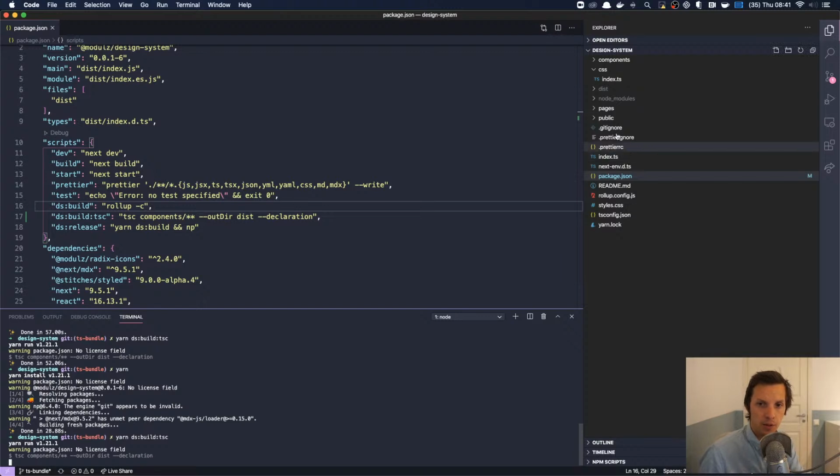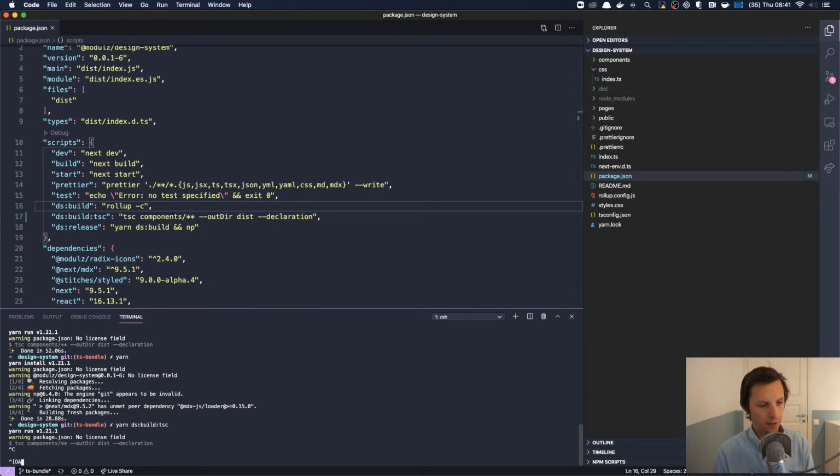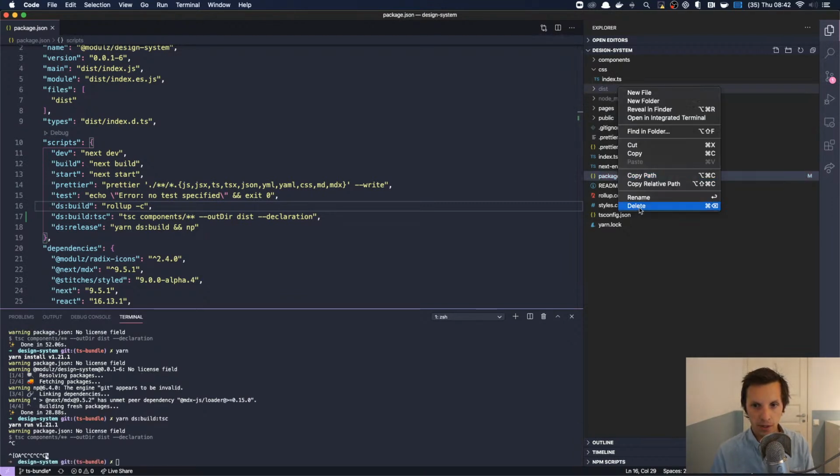Oh wait, is it because I did actually produce the typing manually? Oh, I think I know why. Yes, because I did. Okay, I know why. Ah, but that sucks. Anyways, I'm going to try something. Let's not build the whole thing. Let's just build a single component first of all, so we don't spend ages on this.